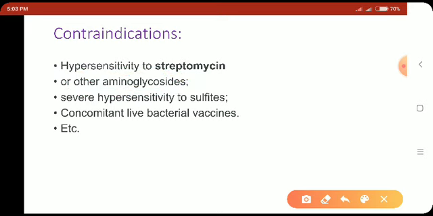Then severe hypersensitivity to sulfites, in that patient streptomycin is contraindicated. And